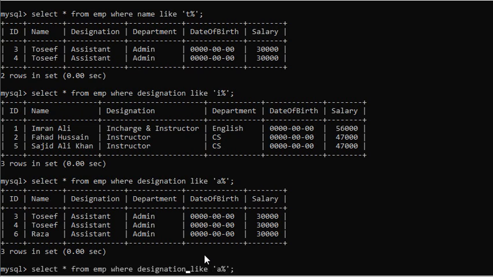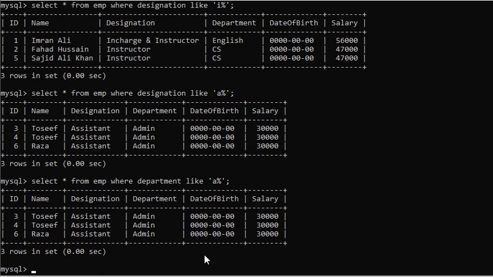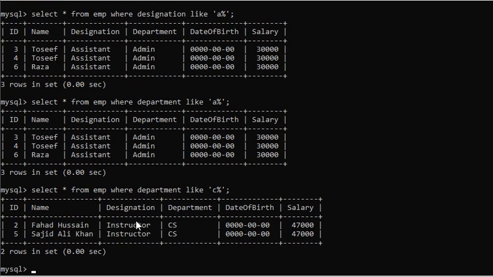So you can also change the column to department, whose records start with A. There are 3 departments whose starting value is A. Okay, you can find other departments also, such as those whose starting character is C. Then you will see that there are 2 departments.